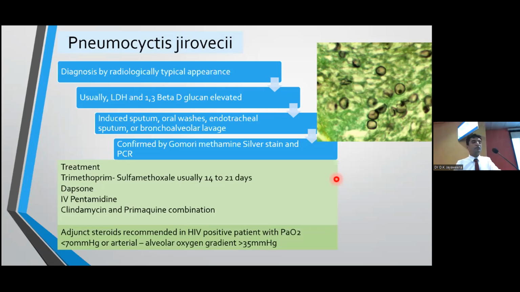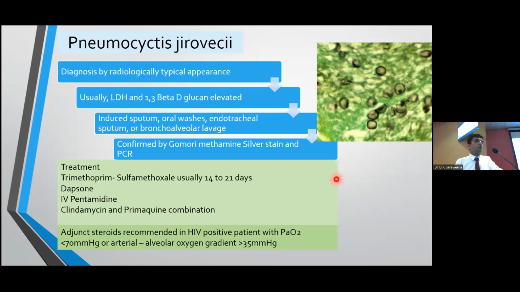Treatment is usually with trimethoprim-sulfamethoxazole, usually depending on the patient's clinical situation. It is usually 14 to 21 days. But if the patient has sulfur drug allergies, we can use alternatives like dapsone, pentamidine, or clindamycin plus primaquine combinations. The most important thing in the HIV patient with Pneumocystis jirovecii is that we have to give some adjuvant steroid